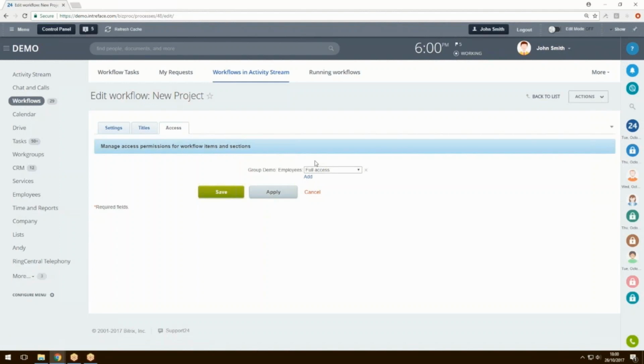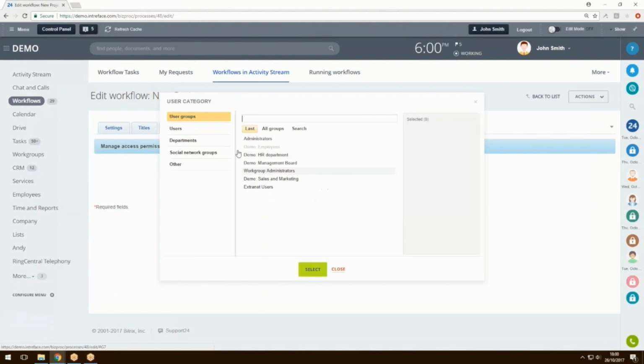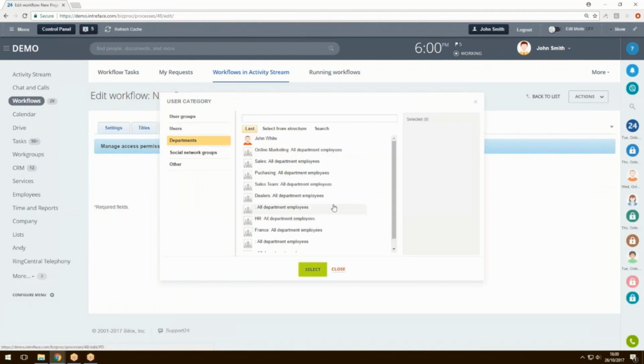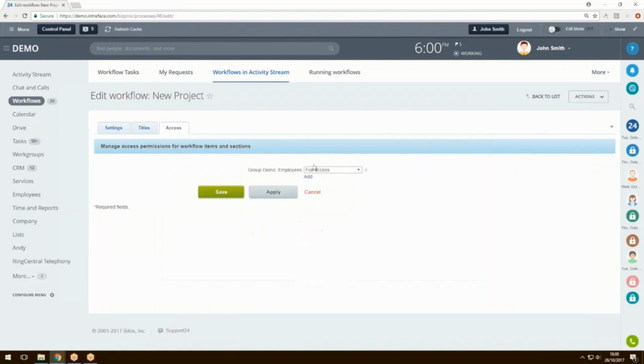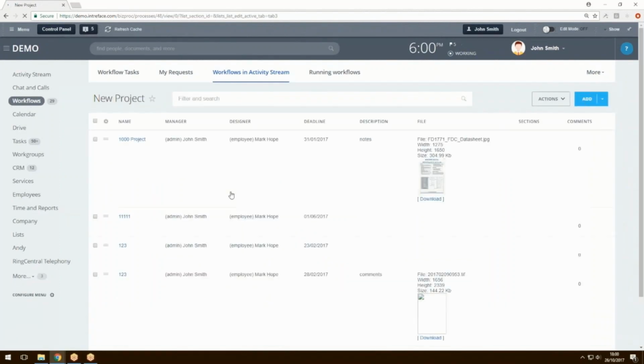So it may be that we add the people in the project management team department to this, and only those have access. In our demonstration, we've got full access to everybody, but in a normal working environment, we would restrict this form to individuals. If we click on add here, we can add individual users, and we can select all departments if we wanted to. Like I mentioned, we could have a project management department that only those would be able to access this particular form. So if we just save these settings as they are, and secondly what we'll do is we'll take a look at